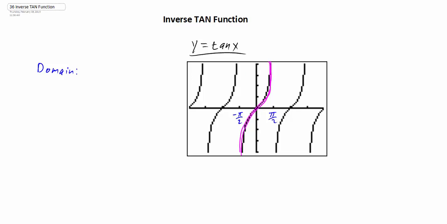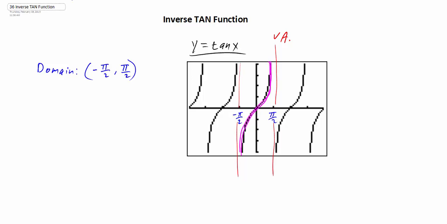Now realize at this point we have vertical asymptotes. So this is going to be a little bit different from the cosine and the sine function because for the tangent, notice here, there's actually vertical asymptotes at pi over 2 and negative pi over 2. So for the domain, we're not going to use brackets because they're not included. We have to use parentheses for negative pi over 2 to a positive pi over 2. And the reason, again, we're using the parentheses is because negative pi over 2 and pi over 2 cannot be plugged in for the tangent,